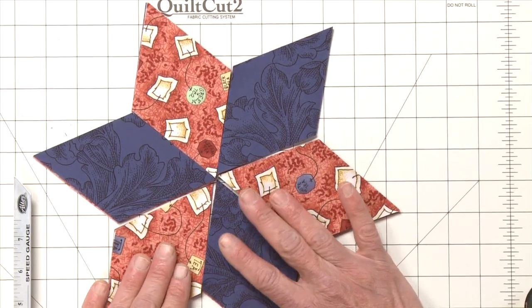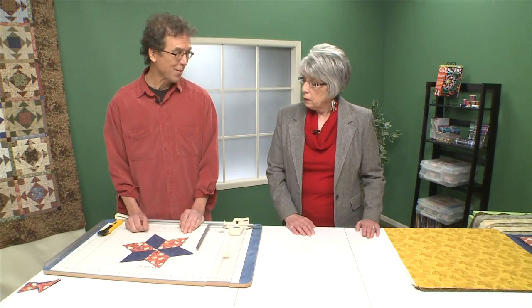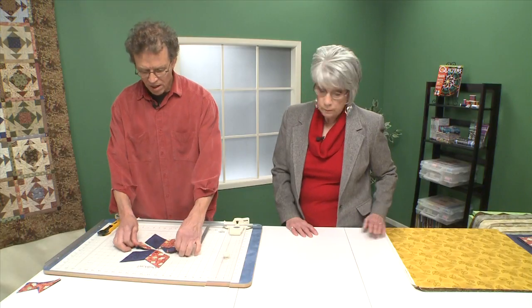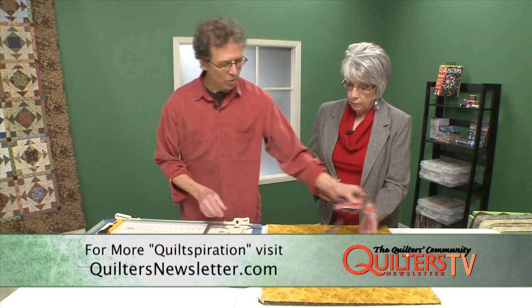And so you've got that accuracy of cutting. And you still have to put it together, and it's still fabric, right? Absolutely. And you build in your seam allowances and everything. And you can cut different sizes and everything. So let's do something else that's a little bit along the same lines, but we'll grab some more